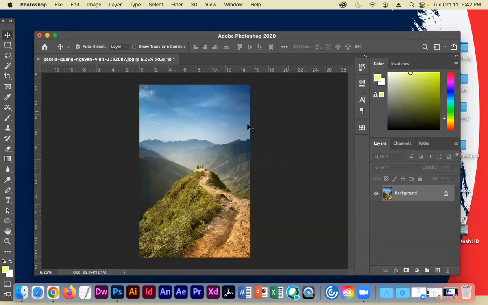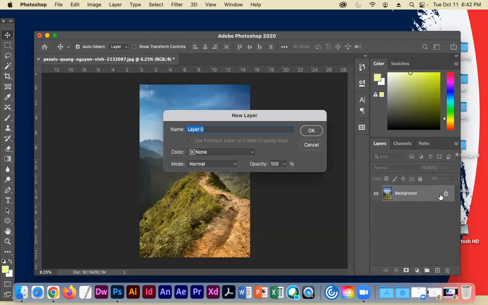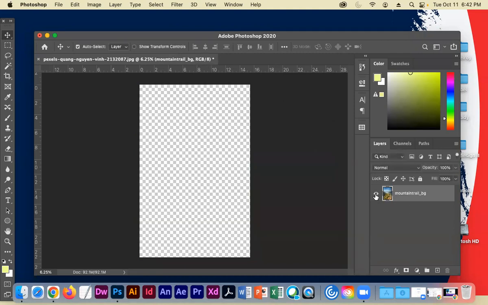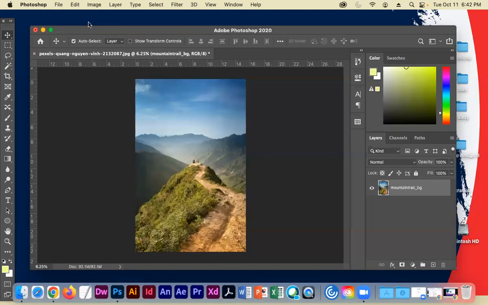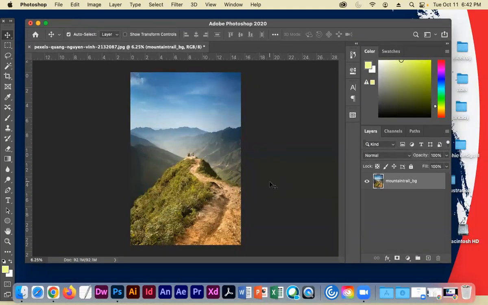Okay, so we have our image sampled up to 300. We're going to go ahead and release the background from this, and I'm going to call this background. So let's do mountain trail underscore BG, which means background. And you'll notice now that it has transparency under it, so it's not locked. That's a really important step in the layering process in case I want to bring in elements underneath it, if I want to blend any elements in. No matter what my background image is, I always release it